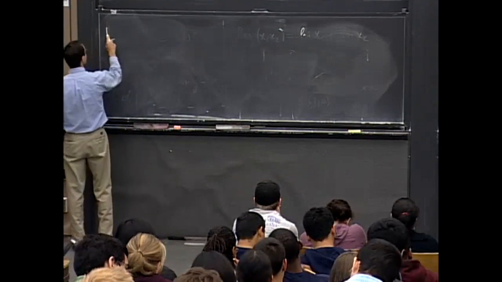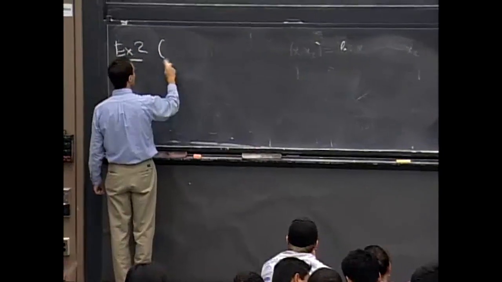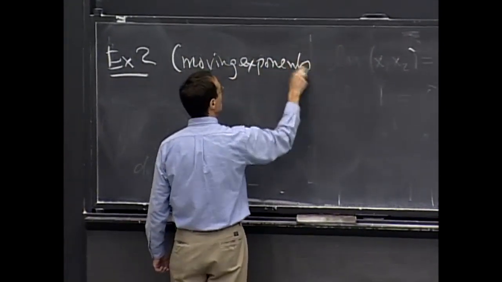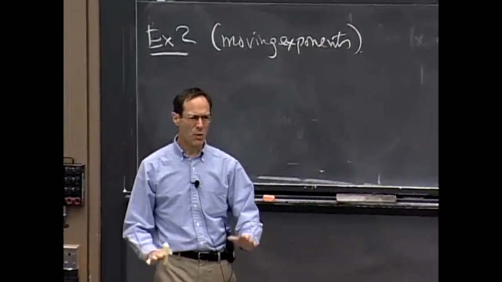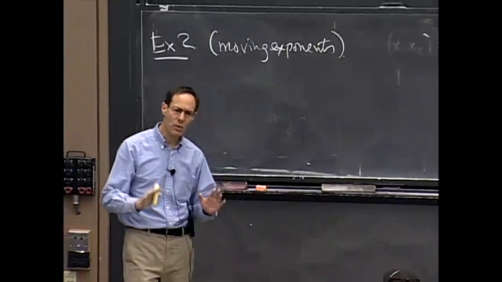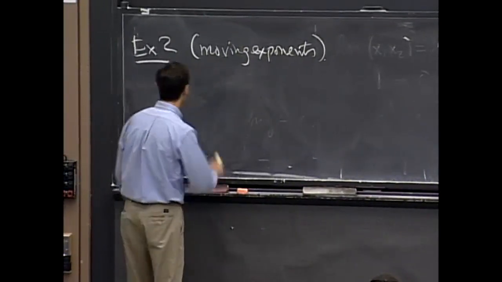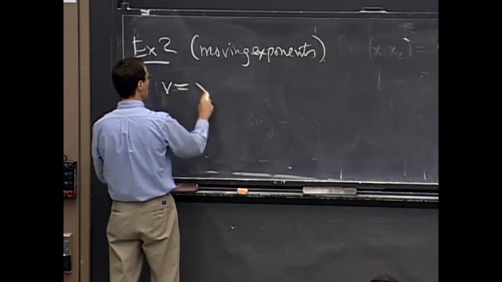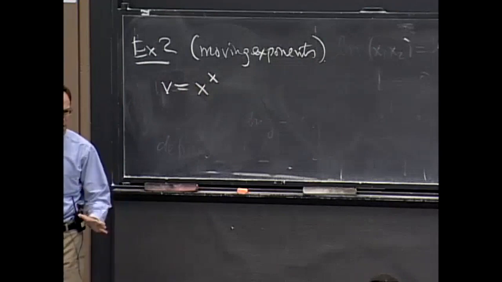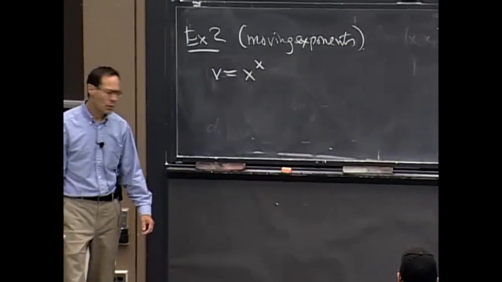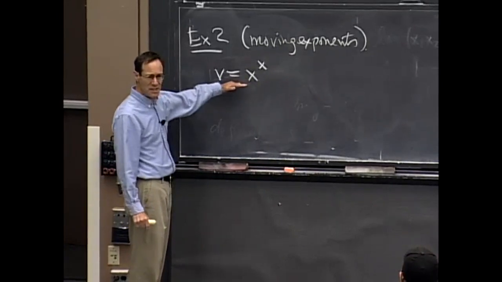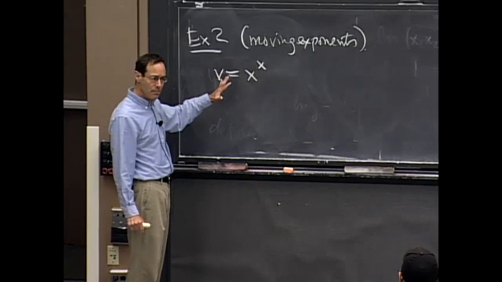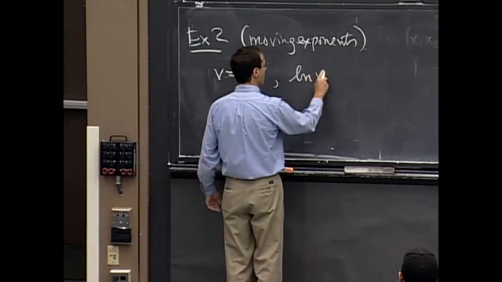All right, so here's a second example. Again, this is the problem when you have moving exponents. But this time, we're going to complicate matters by having both a moving exponent and a moving base. All right, so we have a function, well, maybe I'll call it v, since we already had a function u, which is x to the x. A really complicated looking function here. So again, you can handle this by converting to base e, method 1, but we'll do the logarithmic differentiation version, all right? So I take the logs of both sides,